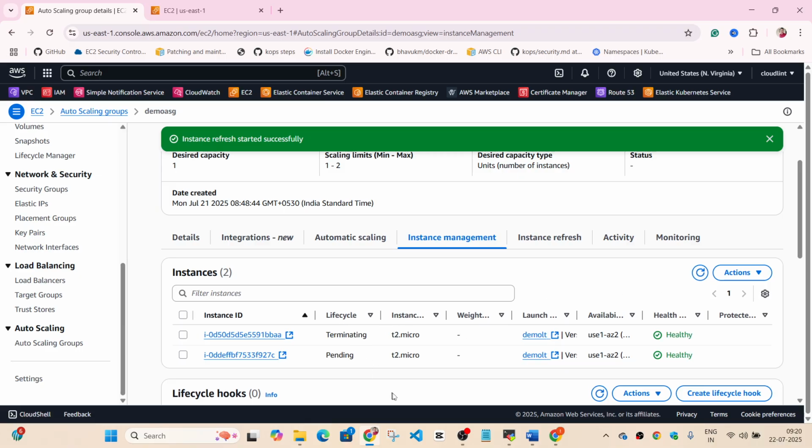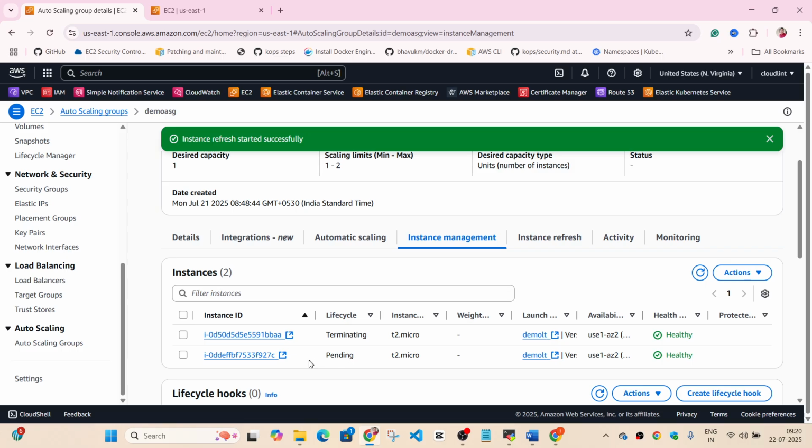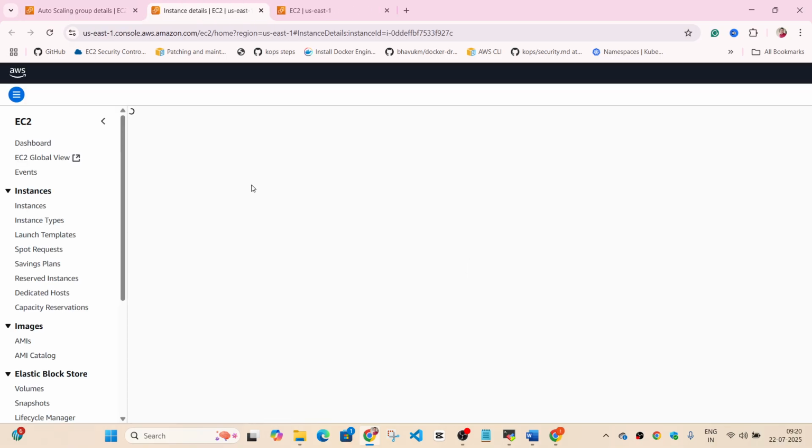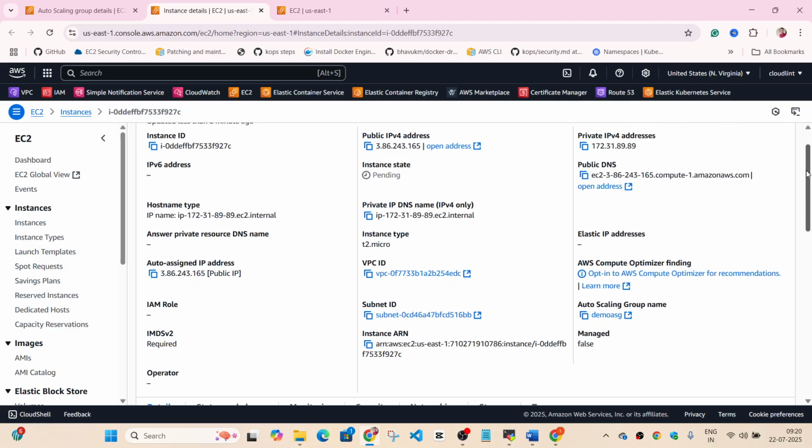So it's going to terminate the instance and create another one. Okay, straight away, as you can see. So within 1 minute or two, we will see this instance will be removed and this instance will come in service. You can click on this instance and check the details, especially the AMI one I want to check.